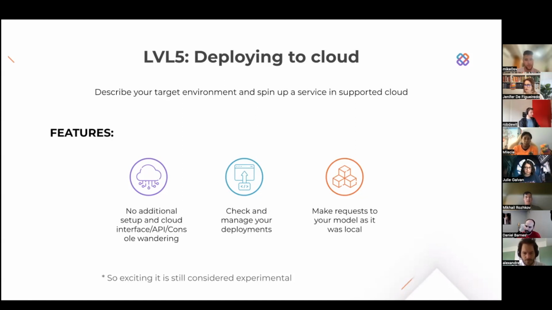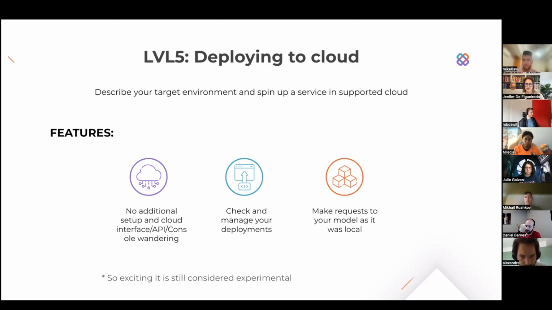And of course, you don't need additional setup for this, and you don't need to go through the cloud console interface or API, and you'll be able to check your deployment via MLEM API or CLI also, and you'll be able to make requests to the deployed model, and from the code it will look like your model is local. I mean, you will get this client object, and it will have the same methods as your model, and you need to